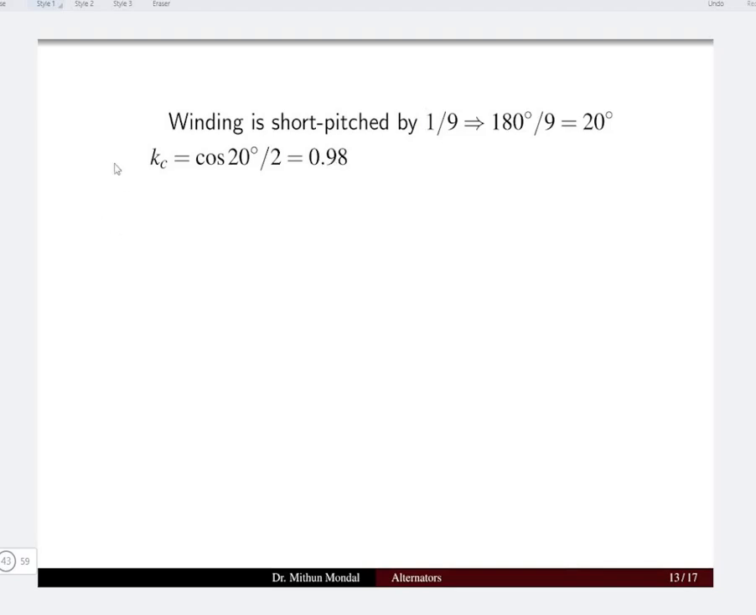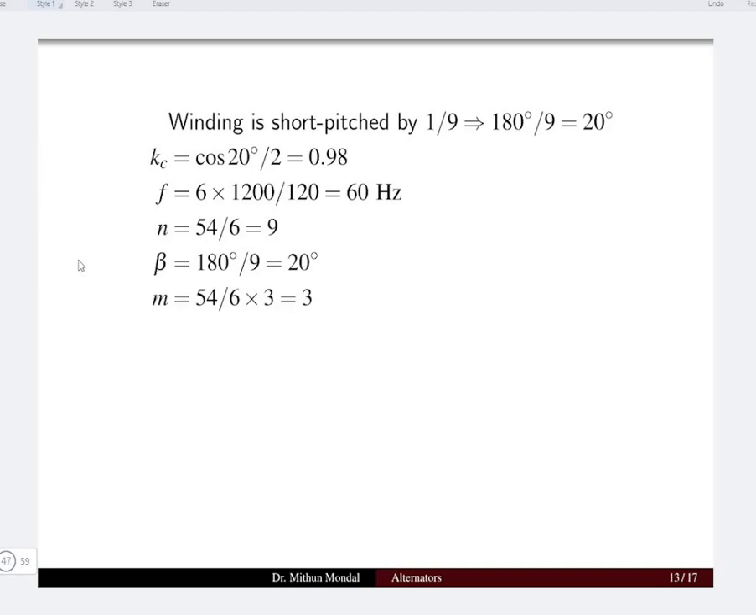Now the Kc value, which is equal to cos alpha by 2, is 0.98, and the frequency we can determine from the speed, which is equal to 60 Hertz. And once we know the frequency, the other terms as usual, the n value, the beta value and m, we can determine. Once we know these fundamental quantities of n, beta, m, similar to the previous problems, we can determine the value of Kd, which is sin m beta by 2 by m sin beta by 2, which is